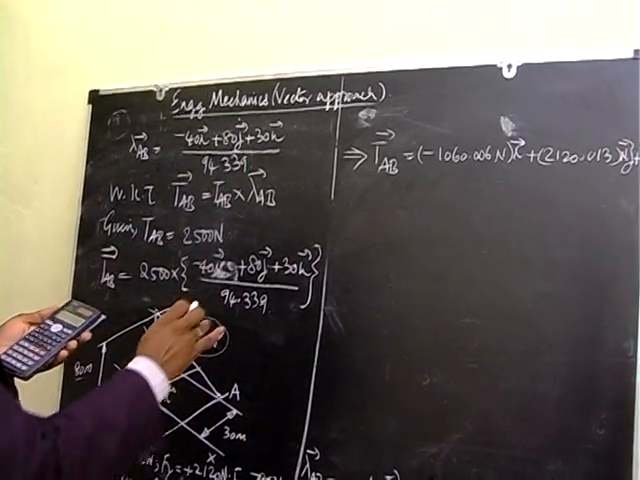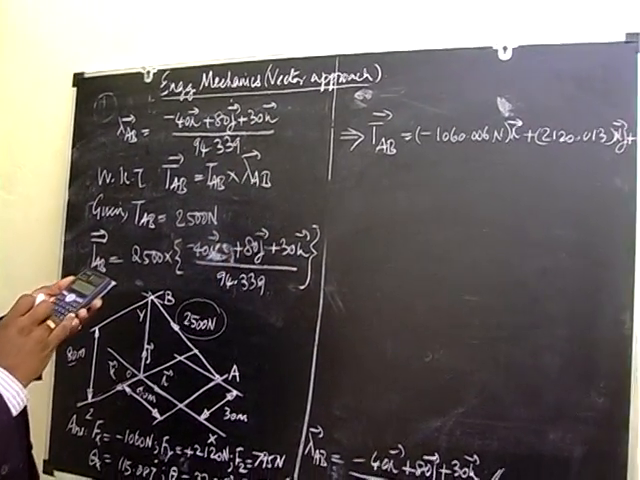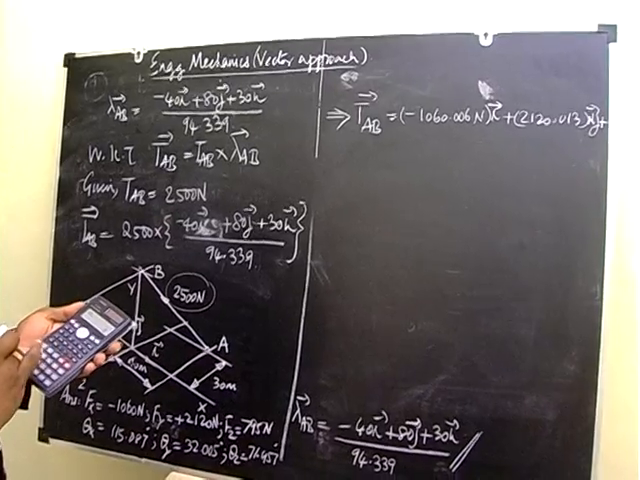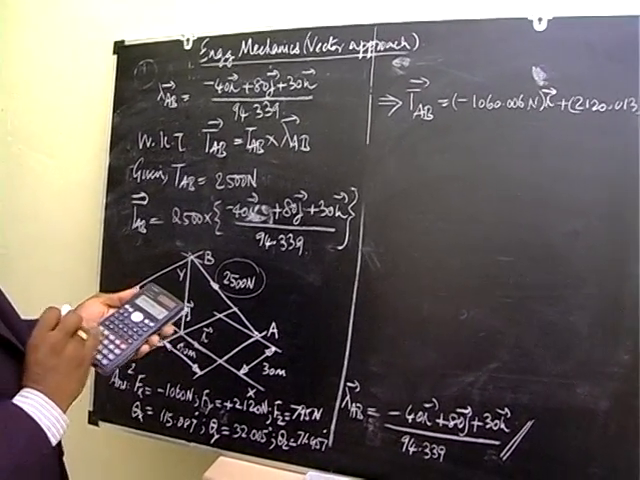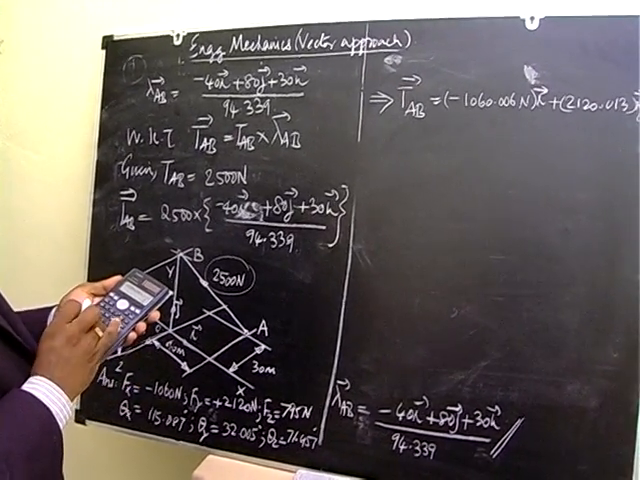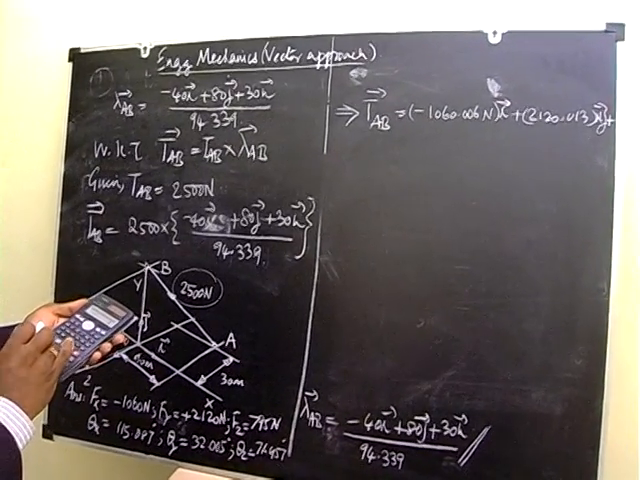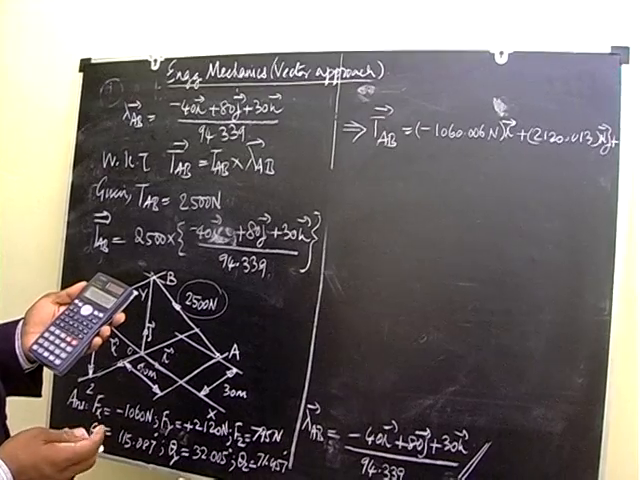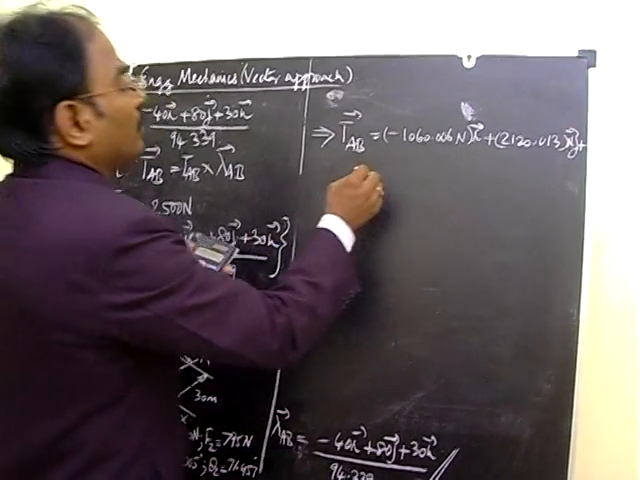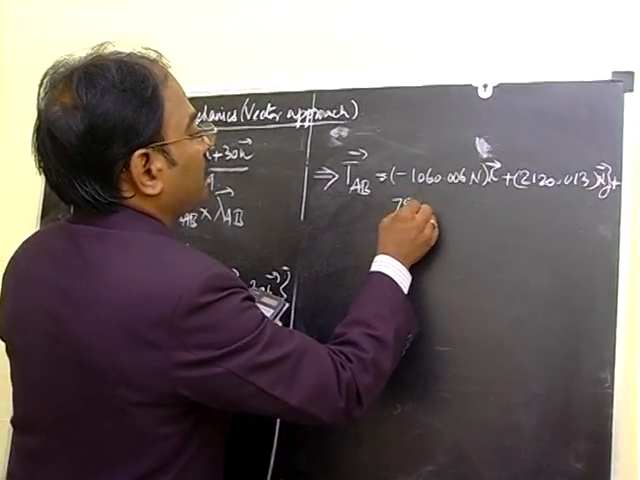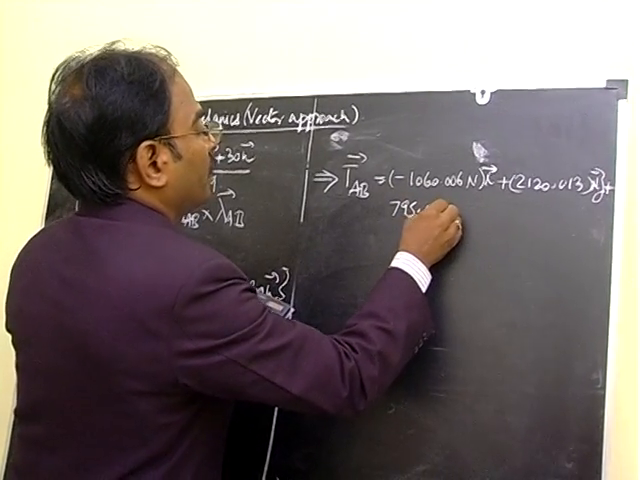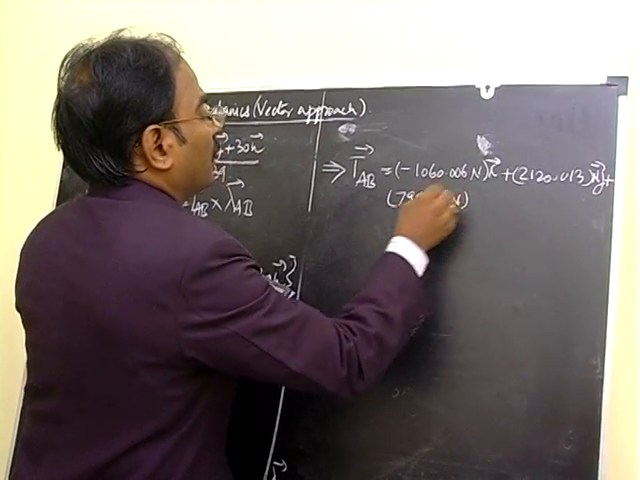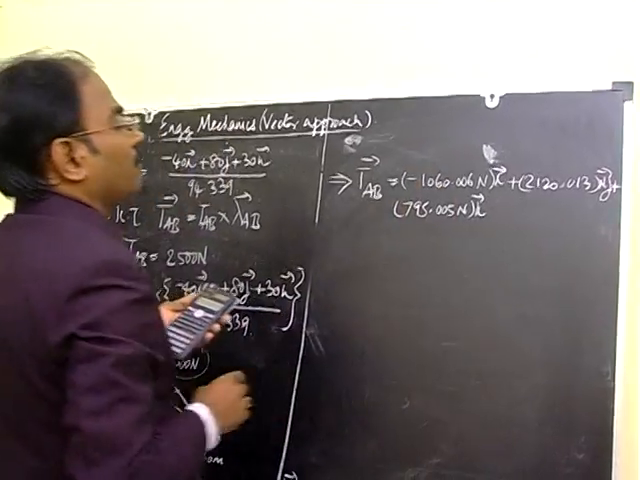The last value is 2500 multiplied by 30 divided by 94.339, that's equal to 795.005. It is 795.005 Newton K vector. We very well know